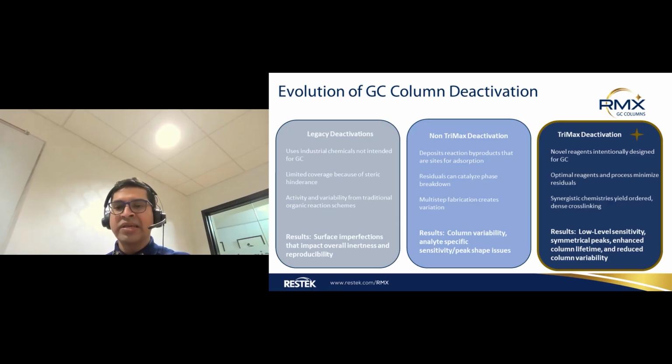So the Trimax deactivation is an innovation that uses novel reagents which are intentionally designed for GC. When I say intentionally designed for GC, you can very well understand that GC analytes are volatile. Now, these optimal reagents and process, because of the nature of the chemical and how it's designed, leave minimal residue on the column. Now you get a pristine surface that's synergistic and chemically yields a great, orderly and dense